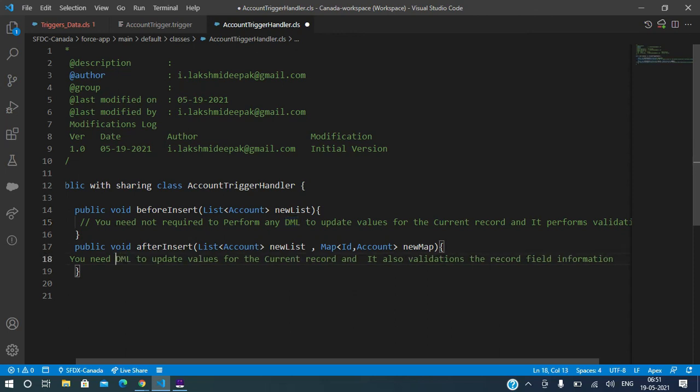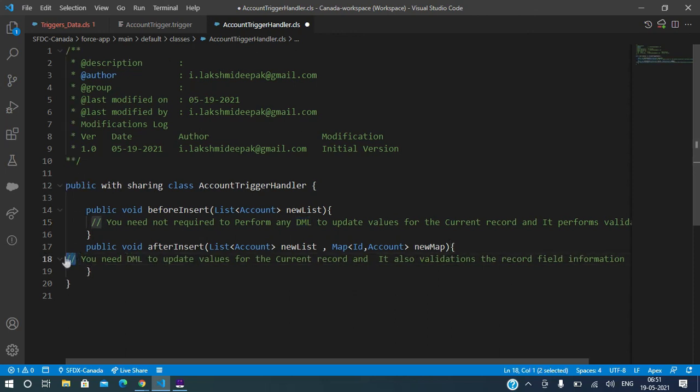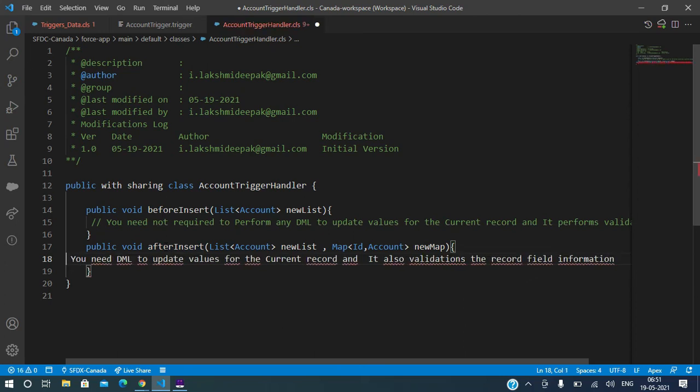This is where the difference will come, because by the time you get into after events, the record is already in the database. If it is already in the database and you want to update it, what is the only way we have? We need to do DML operations, right? If it is not in the database, then you don't need to perform DML. No point, right?